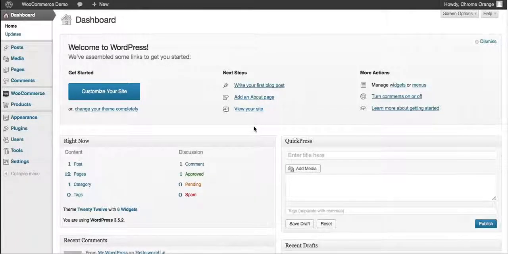Okay, so today we're going to talk about variable products and attributes and variations and the different ways to create variable products and the most efficient way to use variations. So first of all, let's start with a